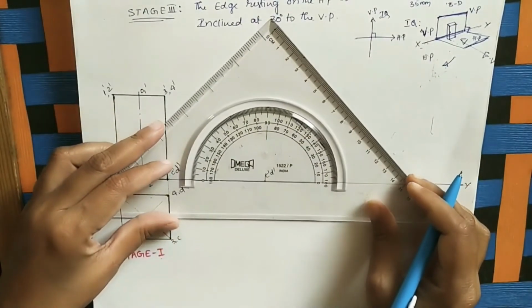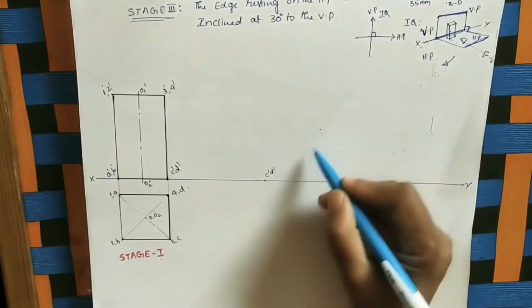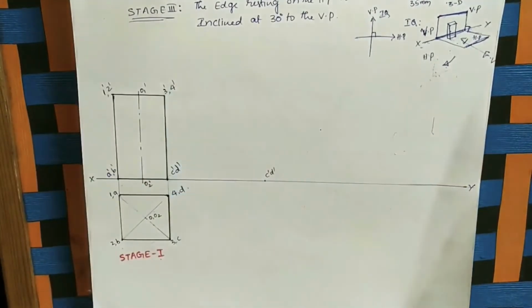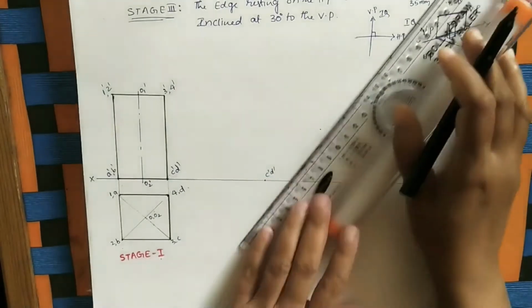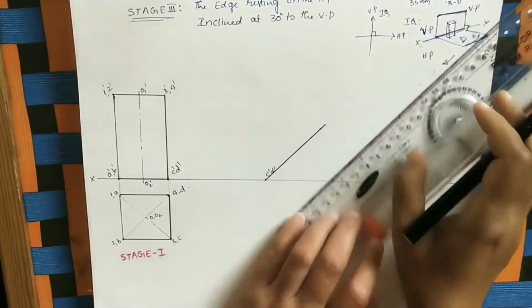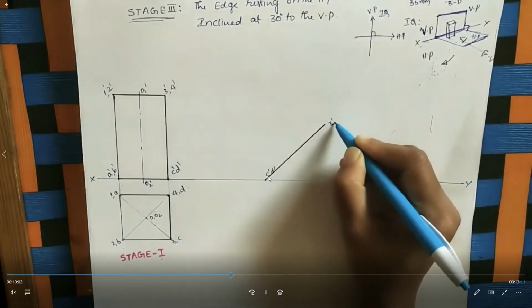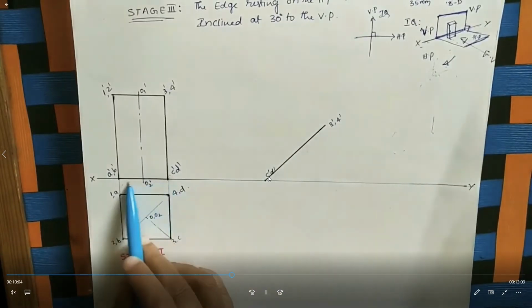With the help of the protractor, you identify the 45 degrees. 45 is the angle. Okay. Next,